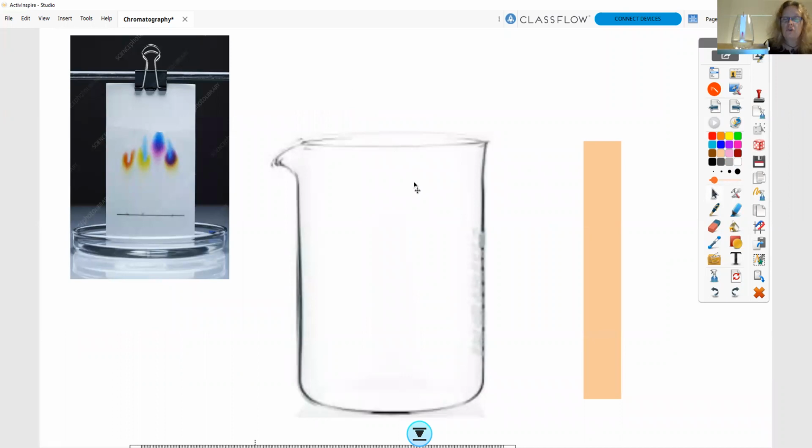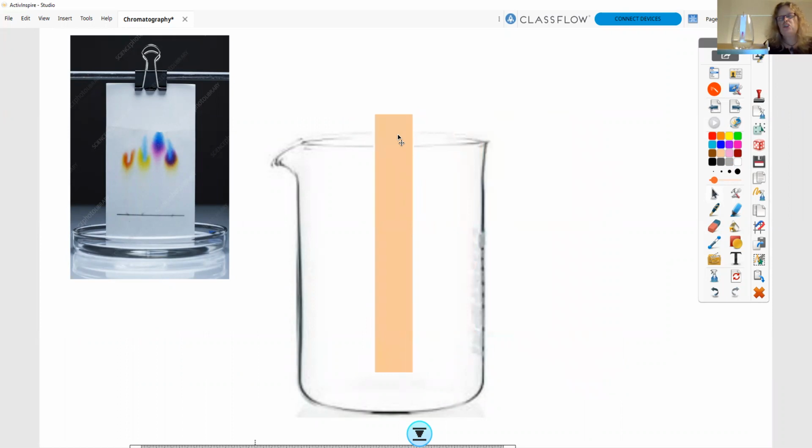Here we go. So you've got a beaker, like this one here, and you put a strip of paper in it. It should actually have a cover over it, and that is to stop the water from evaporating. It's making the water stay in the glass and move up the paper and stop it from evaporating. So with some solvents, you need to have a cover on it. So you put your paper strip in there,